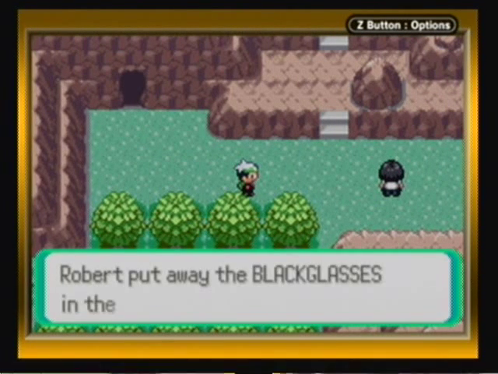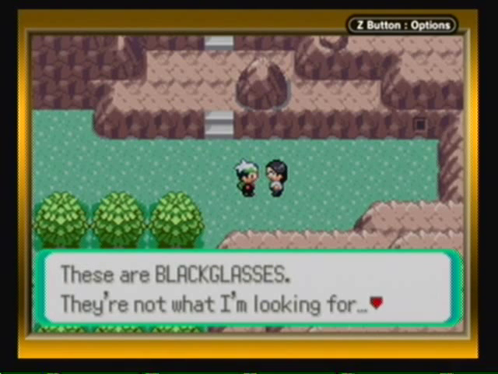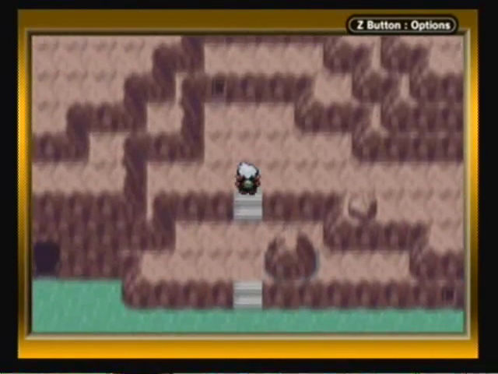And I think if we talk to him... Those are Black Glasses, they're not what I'm looking for. Maybe my glasses aren't around here. And then he just, like, leaves. It was just, like, really random, but...